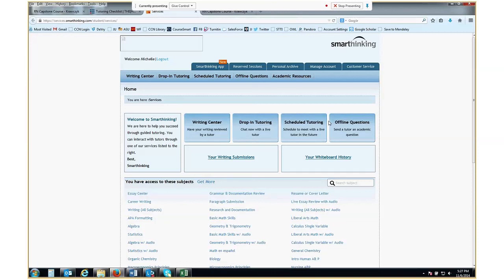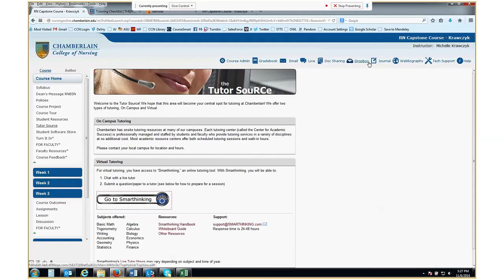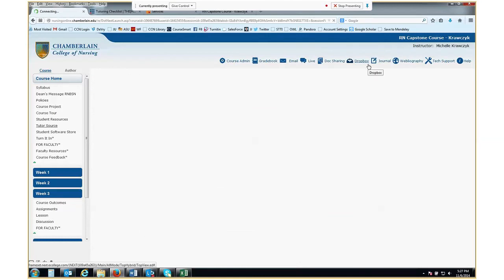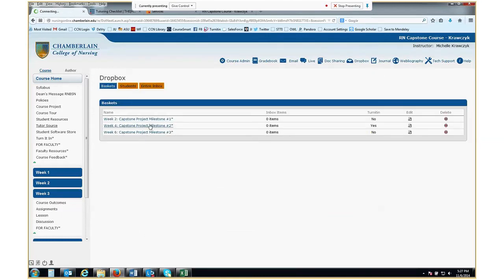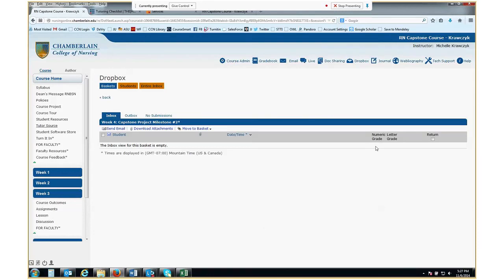This is a paper that will be turned in through Turnitin. When you go to your Dropbox, mine is going to look a little bit different than yours. You will upload it, and then when you come back to it, you will actually see a percentage, which is a similarity index. Anything above 24% will not be graded. You must make sure this is your own work. I have been known as the plagiarism queen, because if you plagiarize, I promise you, I will look for it. So it is very, very important that you do not plagiarize.